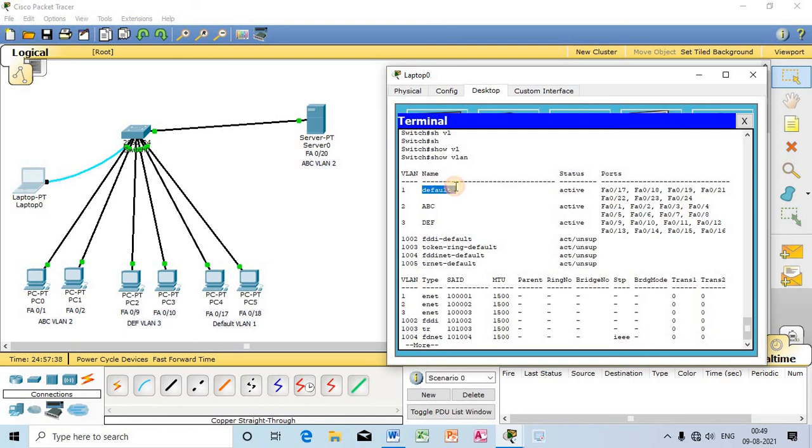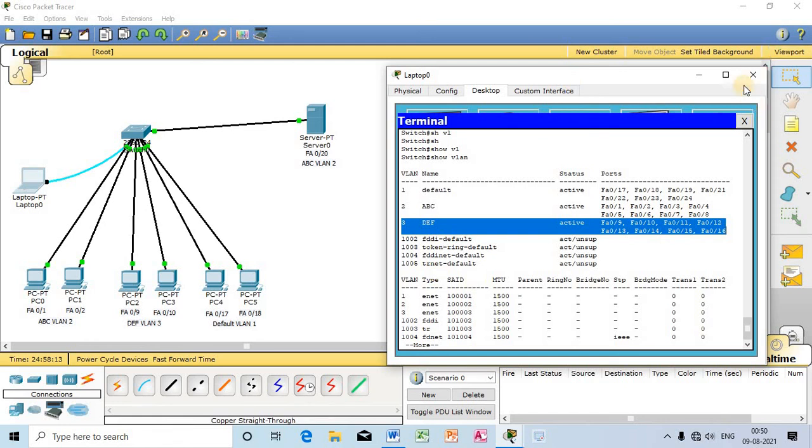So now port 20 can access the traffic from these 7 ports which are under VLAN 1, and port 20 can also access traffic from the computers connected to these 8 ports under VLAN 2, because port 20 has become the friend of VLAN 2 also, and port 20 also became the friend of VLAN 3 and can access the computers connected to these 8 ports.